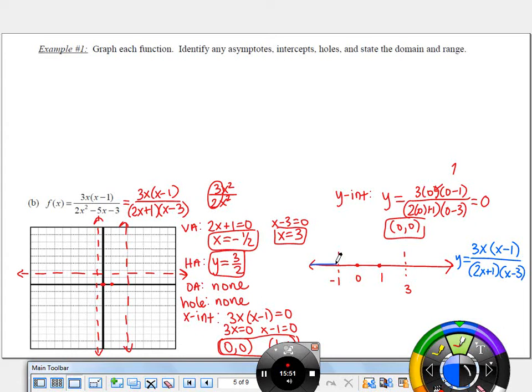So the first thing we would do is plug in a number smaller than negative 1. When we do that, that's going to be a negative, another negative, a negative, and another negative. And if you work all that out, you get a positive, which means I expect everything here to be above the x-axis. You don't have to write the words above and below. I'm doing that for your notes so you can understand some context. All right, then if we look at the next number that we're plugging in, something between negative 1 and 0, like negative 0.5, we'd have a negative, a negative,